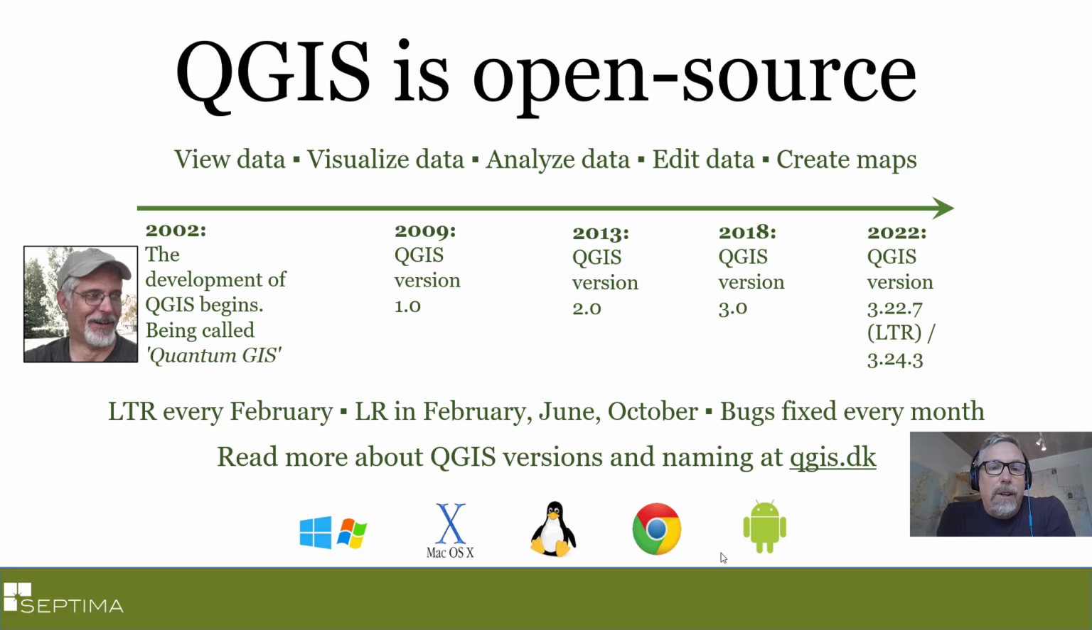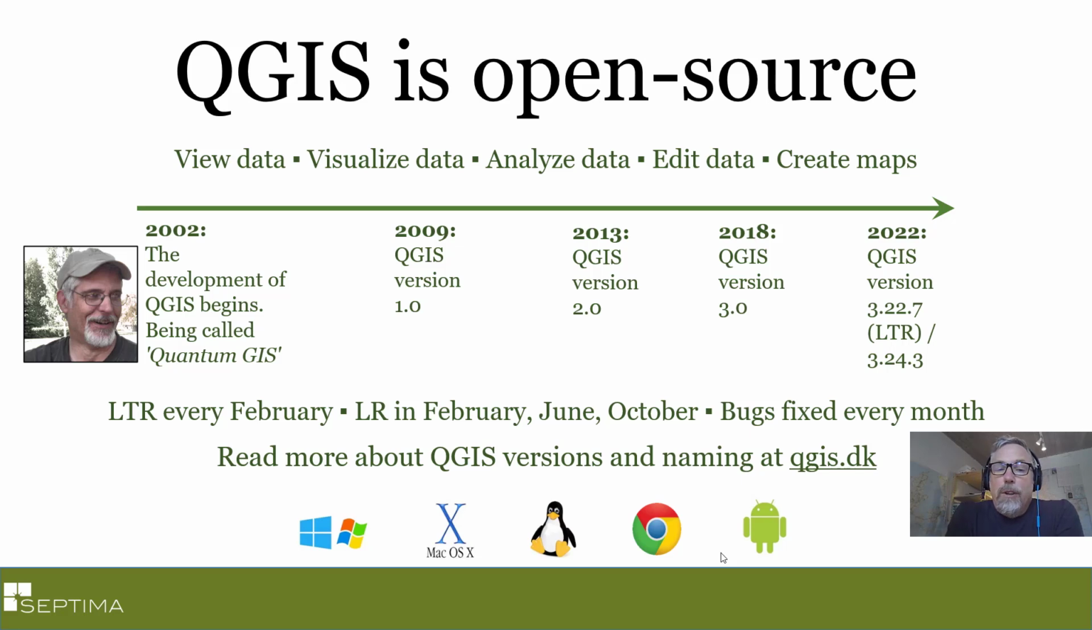In 2009, the first version was released, 1.0. In 2013, version 2.0 was released. And at that point, QGIS was officially called just QGIS. So it's no longer Quantum GIS, even though some people refer to it that way. In 2018, version 3.0 released, which was a major update. And in 2022, we have 2 versions, 3.22, which is the long-term release, and 3.24, which is the latest release,